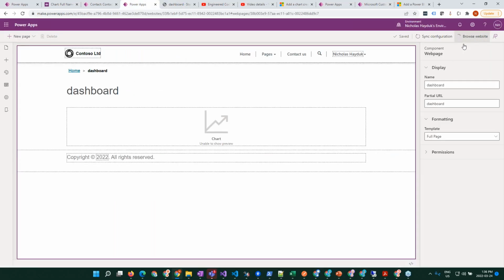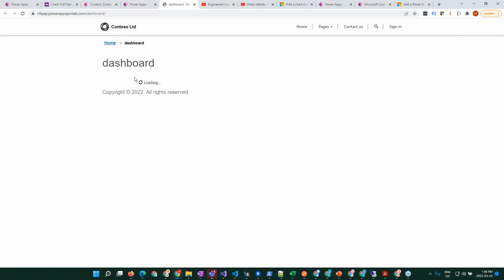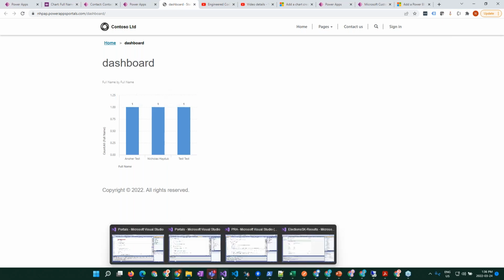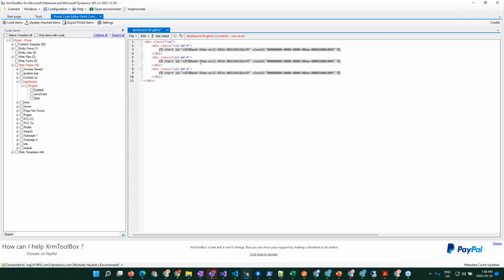All right, let's do this the old-fashioned way. So I'm going to do this. This should clear the cache for that particular page. And now I've got my little chart over here. So I'm going to be lazy and not create 3 separate charts, but I'm just going to copy this, and you can probably imagine how if you change the ID and created 3 different charts, and we've got the 3 in there like that,